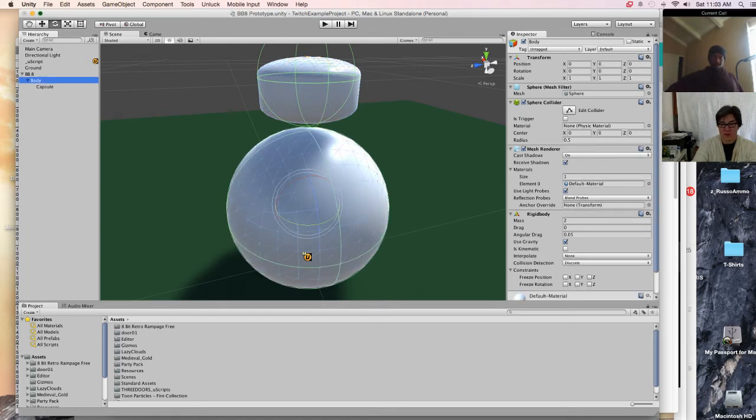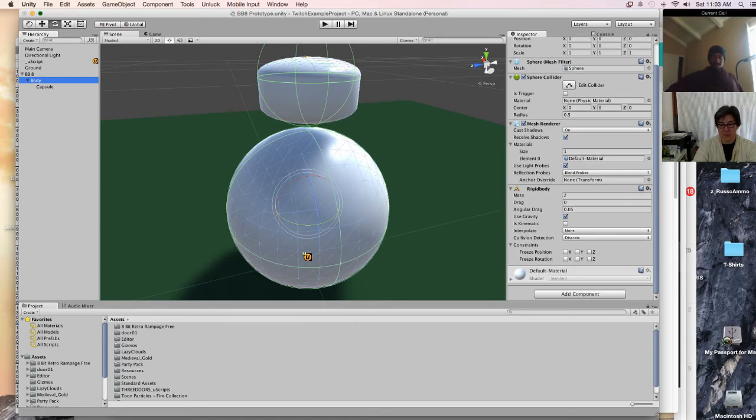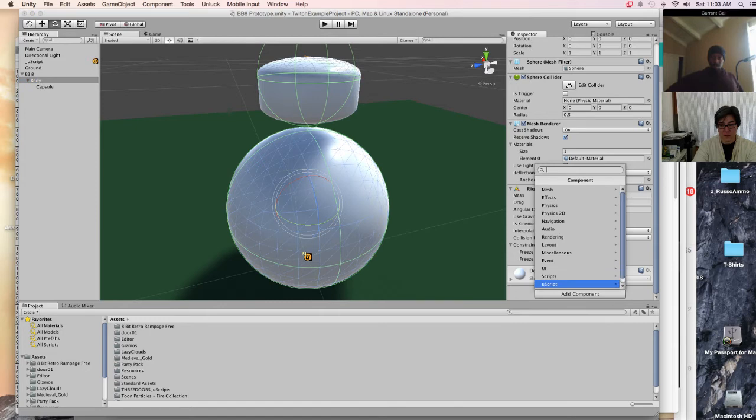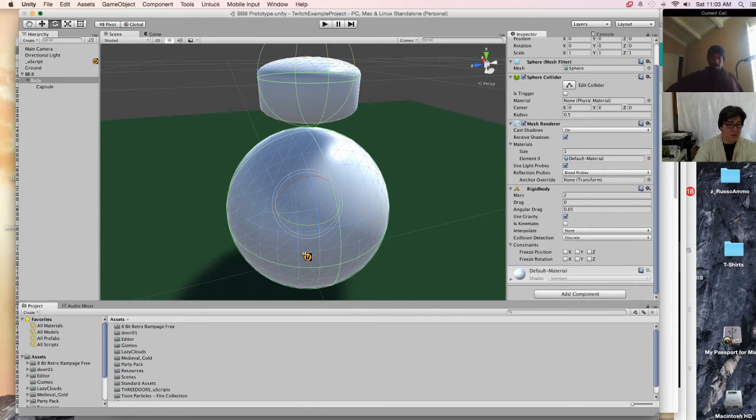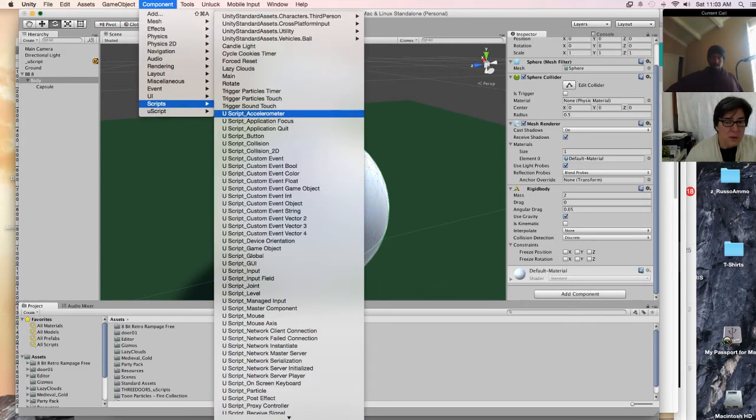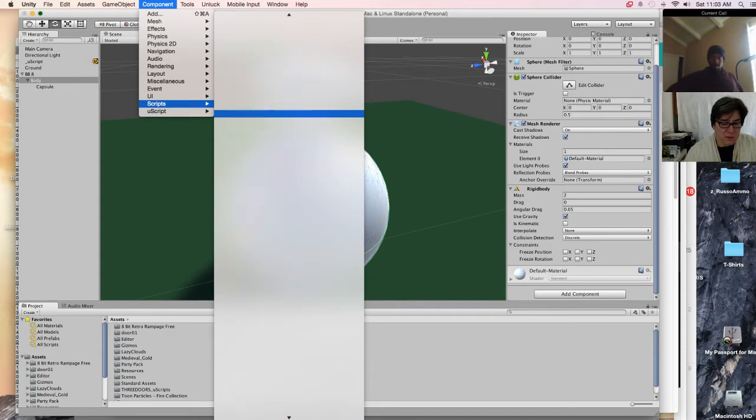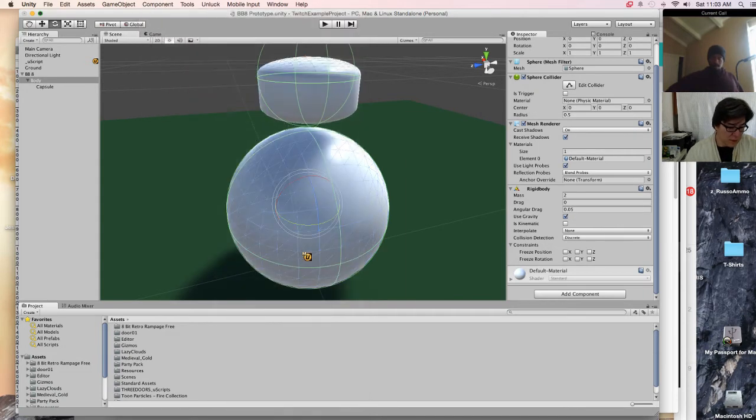Let's go back here. We should be able to add a controller now, right? Scripts. I'll do it this way. Do you see the ball controller? No. Okay, let's go to our. So I think it's important.